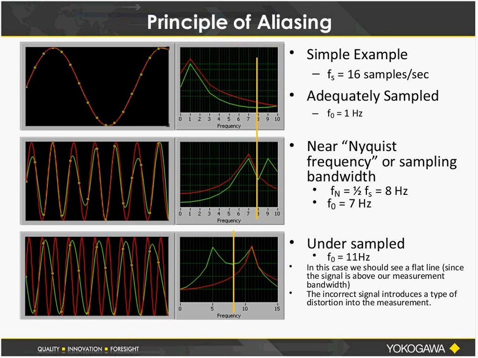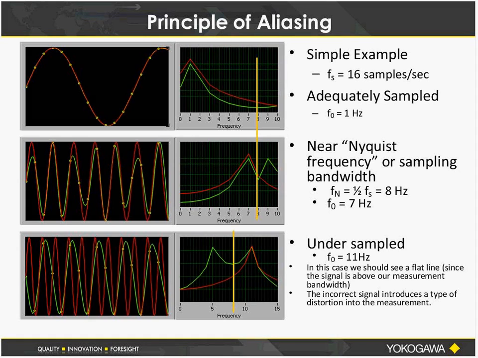So in the top example, we have 16 samples per second, so well over twice the frequency that we need to measure. And you can see that in the frequency domain, the frequency peak there at 1 hertz, no problem with the green trace or the red trace. Now in the middle signal, if we reduce our sample frequency to 8 hertz,